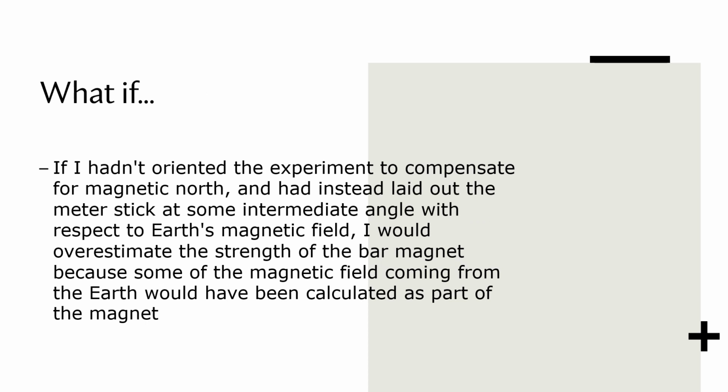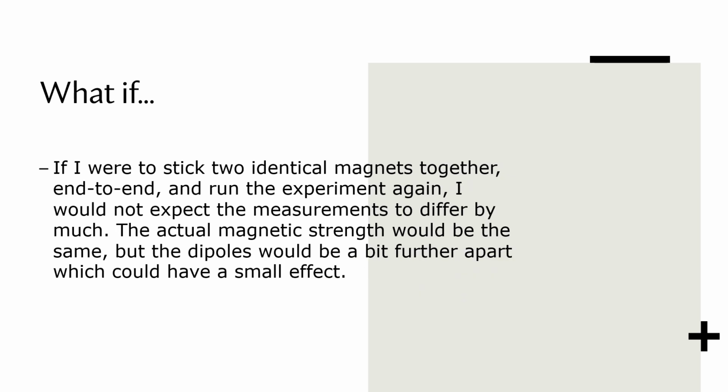So what if I hadn't oriented the experiment to compensate for magnetic north and instead laid out the meter stick at some intermediate angle? I would have overestimated the strength of the bar magnet because I would have assumed that all of the field in the X direction was coming from the magnet when actually some of it was coming from the Earth. And if I were to stick two identical magnets together end to end and do the